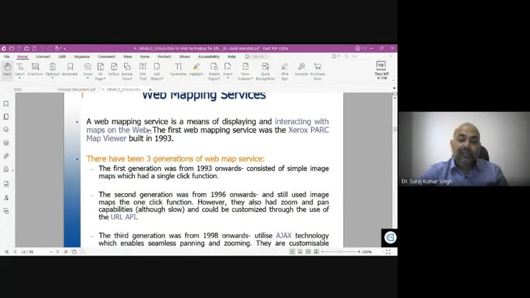Web mapping services are a means of displaying and interacting with maps on the web. The first web map service was the Xerox PARC map viewer, built in 1993.